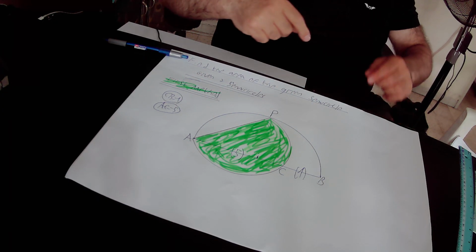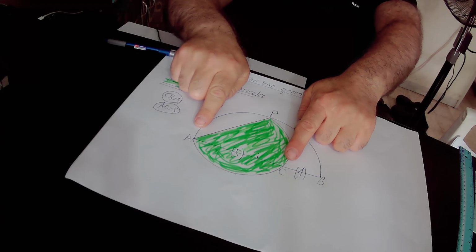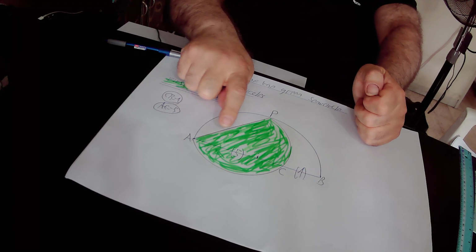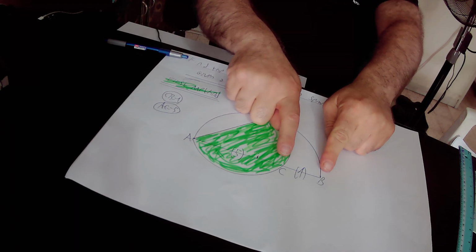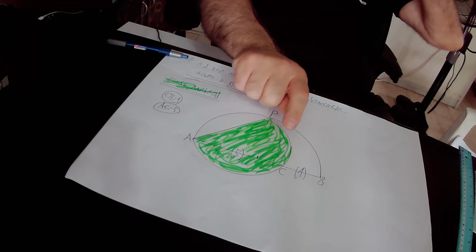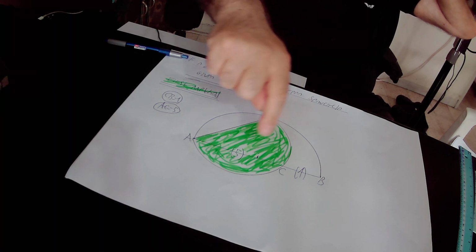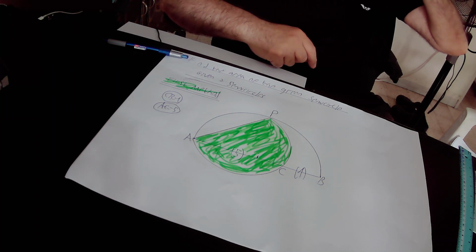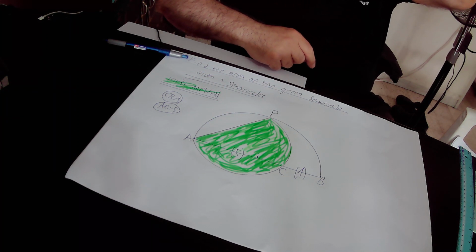In addition, we know that 9/7 AC is equal to 5 units in its length. 9/7 CB is equal to 1 unit in its length. Again, our mission is to find out the area of this green semicircle. So we start with the first method,